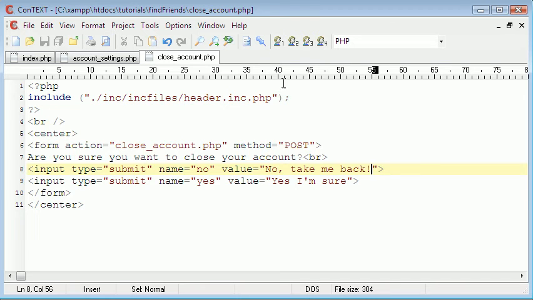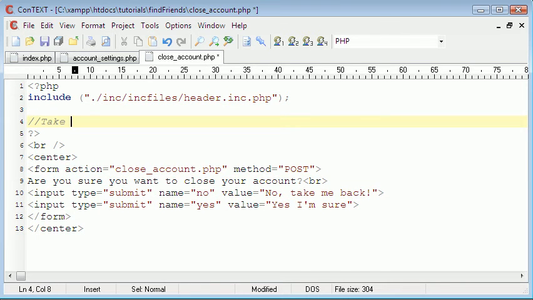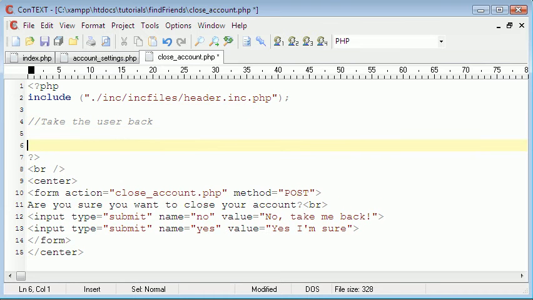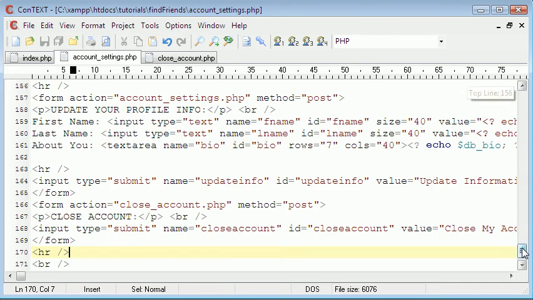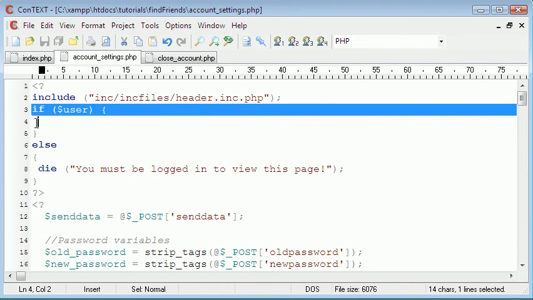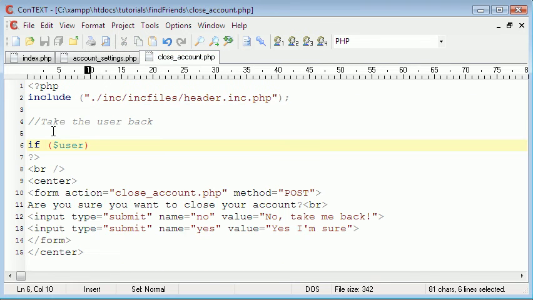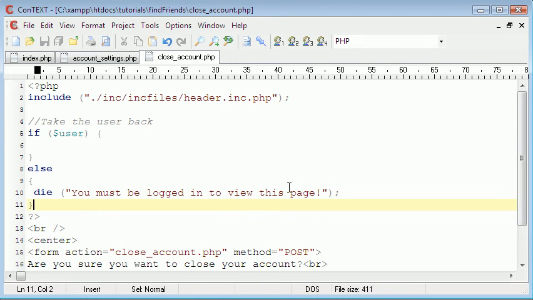So the first thing we're going to do up here in the PHP code is take the user back. And we're also going to say if user, let's just copy this. So now we've done that check, we're going to take the user back to the account settings page if they want. So we'll say if is set